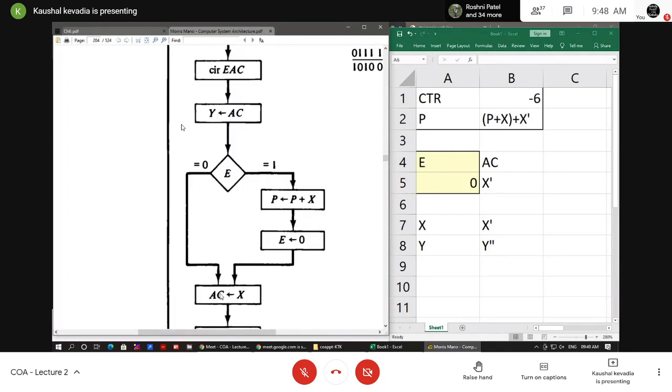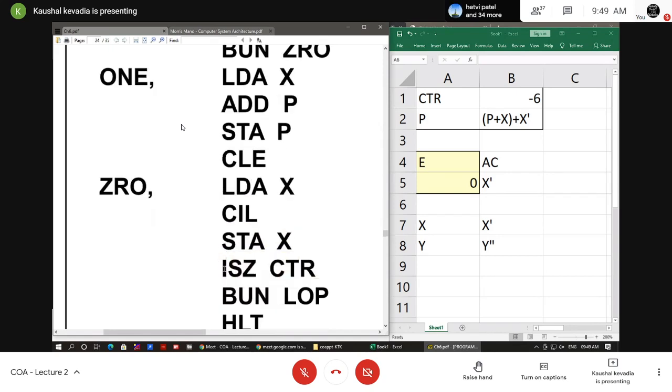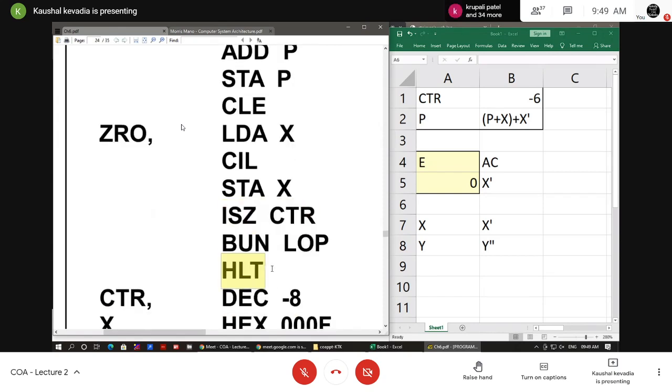after the completion of 1 also, what we have to do that, if we do the 0 and if we do the 1, okay, 0 है या तो फिर 1 है, दोनों के बाद ये प्रोसीजर तो कंप्लीट करनी है. सेम इन द प्रोग्राम आल्सो, CLE बाद में जैसे ZRO फंक्शन स्टार्ट हो गया है, बट दिस features already we have to perform for both, either it is 0 or 1, that is shifting of left shift of X. Okay, so here there is a LDAX, then circular left shift store X. If it is 0, okay, if the ISZ increment the counter and if it is 0, I want to end my program, that is HLT.